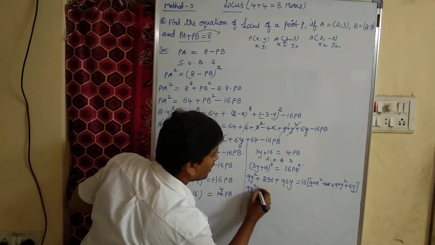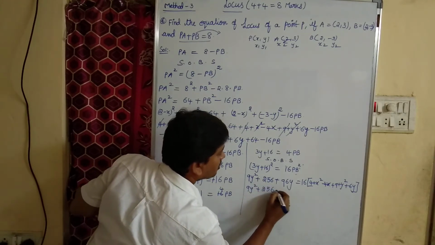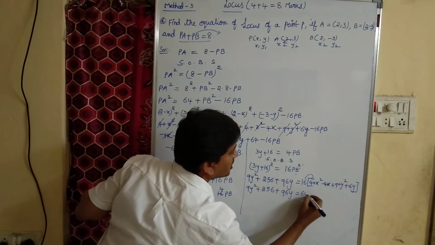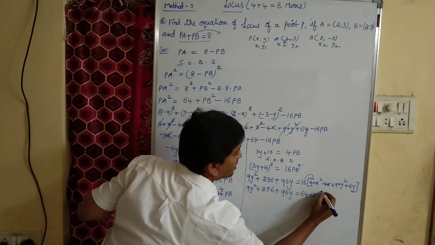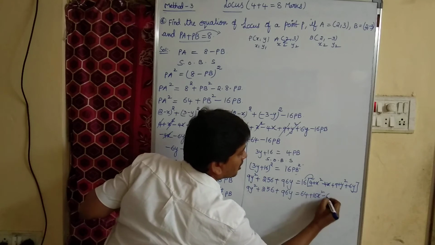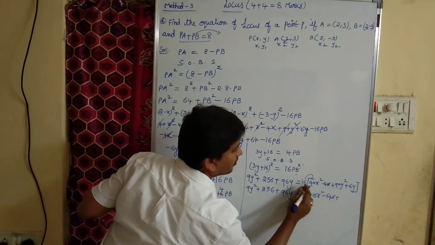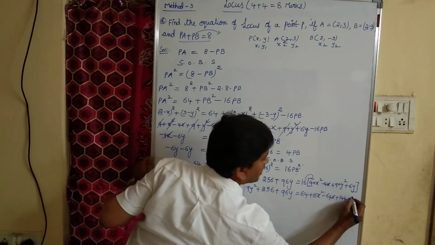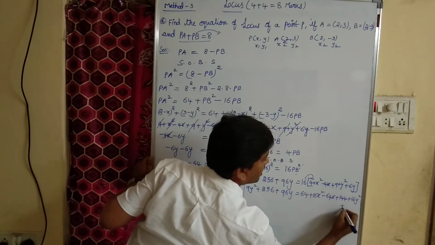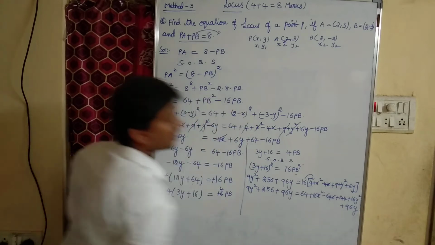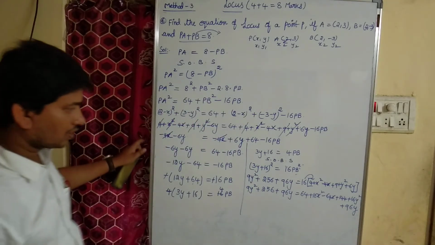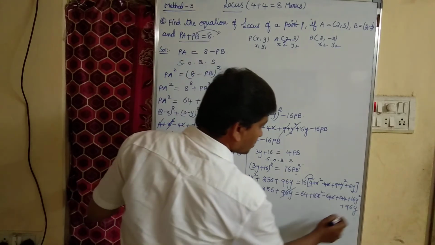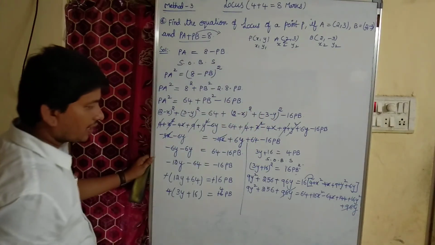So 9y square plus 256 plus 96y equal to 16 into x square, 16x square, 16 4s are 64, 16 9s are 144, 16y square plus 16 6s are 96y. Right? Can we cancel anything? Yes, 96y gets cancelled,